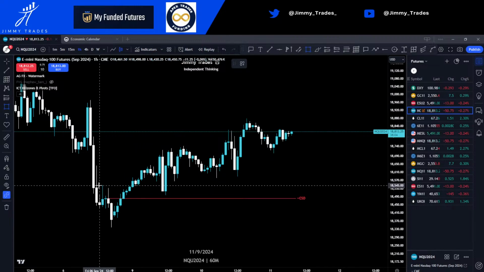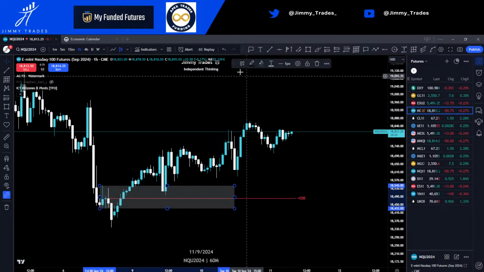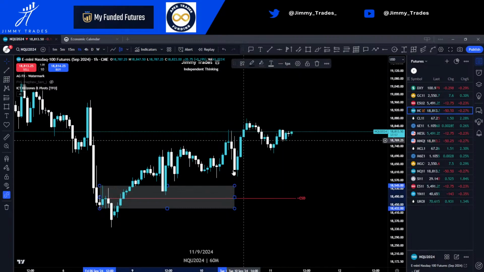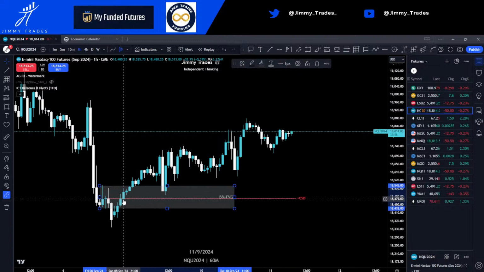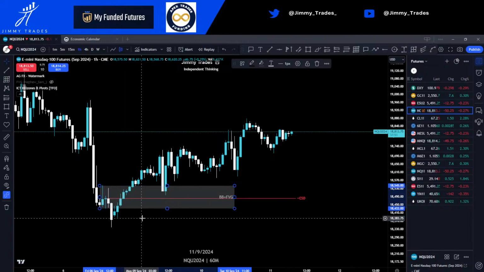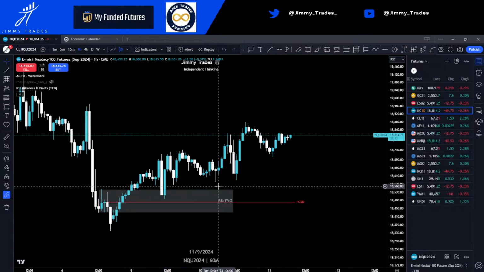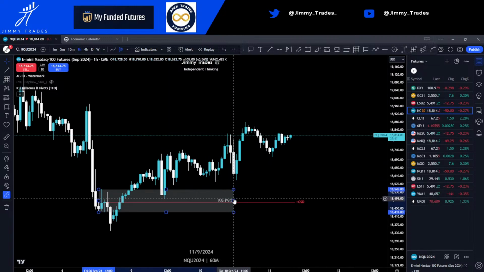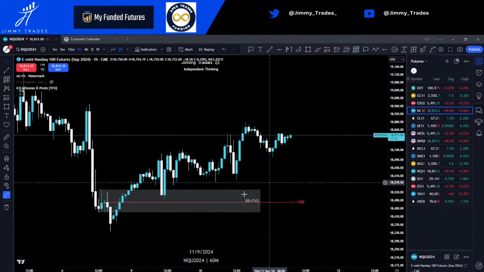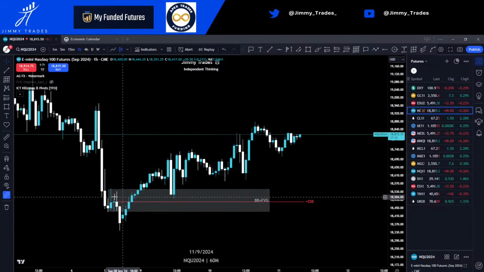And also a bullish unicorn. We have displacement here. We've got a gap, and there's another one here as well. And we can see price has respected that breaker. It's tried to come back down. It hasn't been able to push through that level. So at the moment, respecting this reversal,